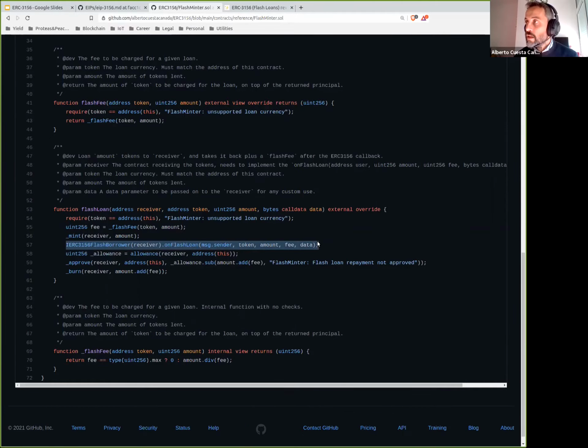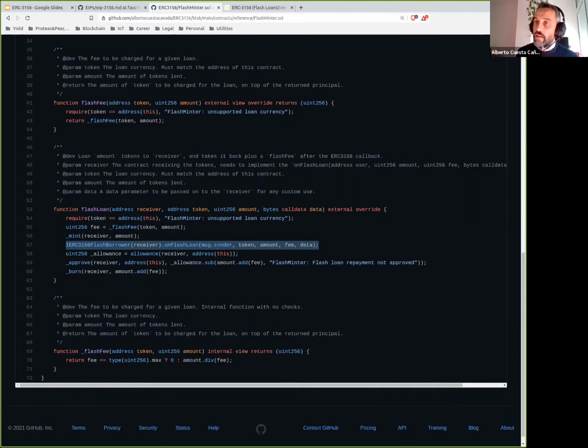Okay. I see. And then, yep. What uses are there for that data that's being passed around? Sorry, I didn't mean to cut you off in the middle, but I'll just throw the question in now. The lender doesn't do anything with that data. It's because the borrower, the receiver of the tokens, which often is the same person as the borrower, might want to know something about the flash loan.